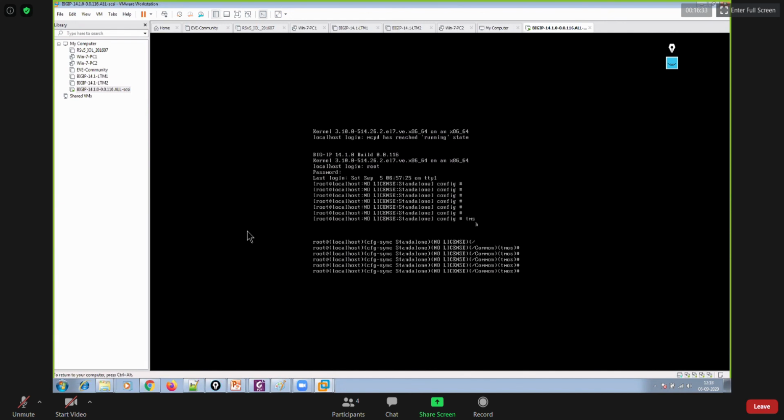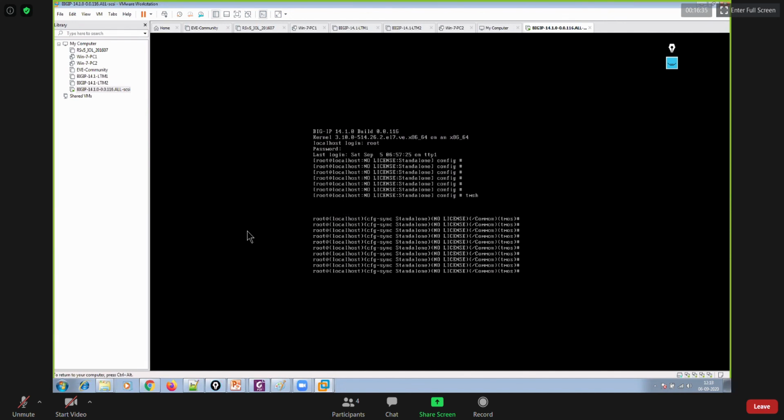TMSH. So there are so many commands that you could utilize under TMOS, right? Because I'm not going to teach you Linux. I'll be using TMOS only. So TMOS is kind of like Cisco IOS. There are various commands that you could use. For example, if you wanted to see something, the show command is there. If you wanted to list something, the list command is there. If you wanted to create something, the create command is there. Or if you wanted to modify something, the modify command is there. If you wanted to delete something, the delete command is there, right?